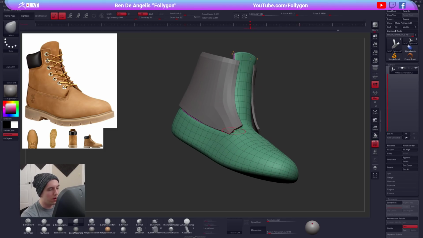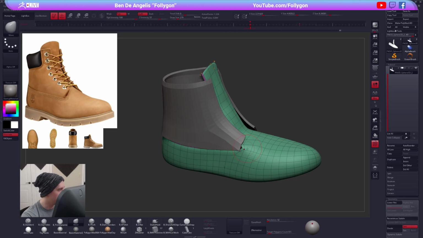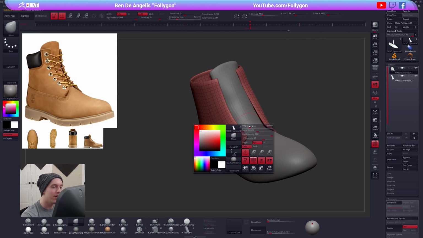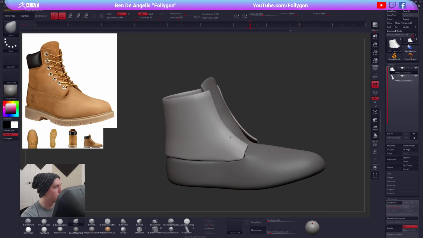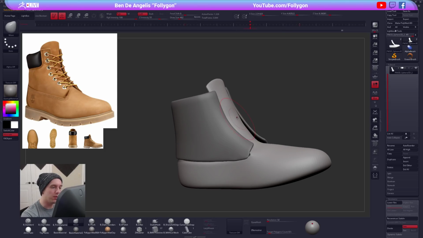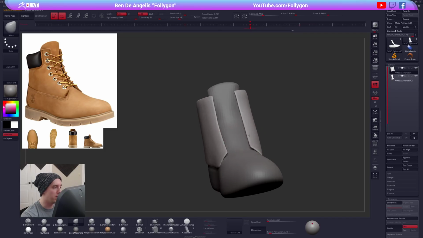All right, so out of sight, out of mind, at least a little bit. And right up here, this could probably tuck in a bit more, start moving that,